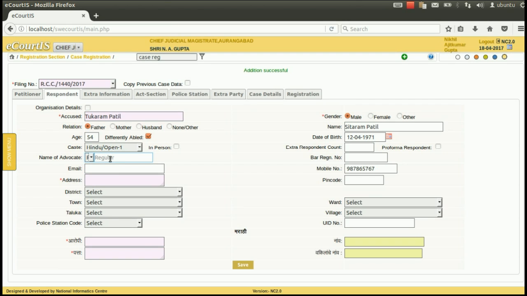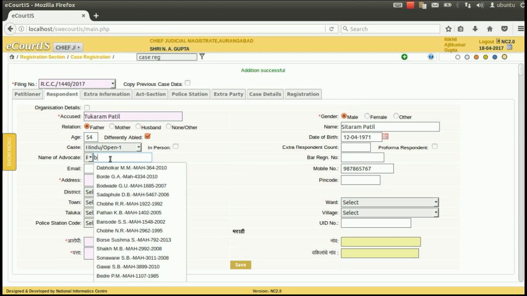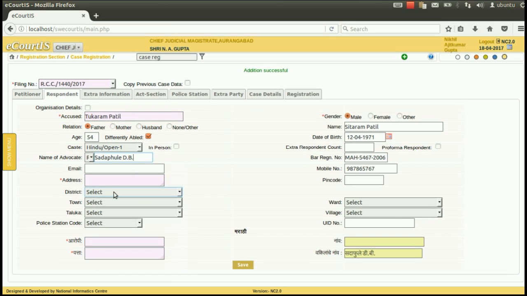Extra accused if any. Advocate of the accused. Select the name of the advocate from the drop box. As soon as the name of the advocate is selected, the bar registration number will appear. Email of the accused if available. Complete address of the accused.